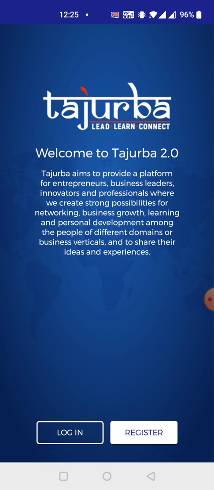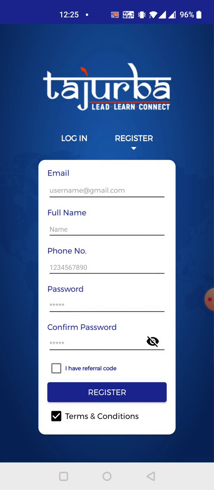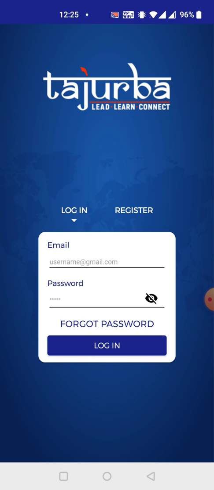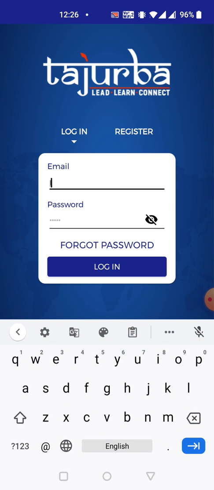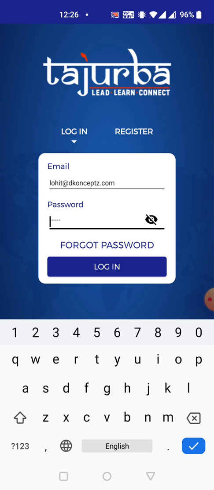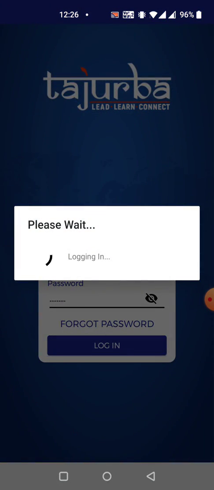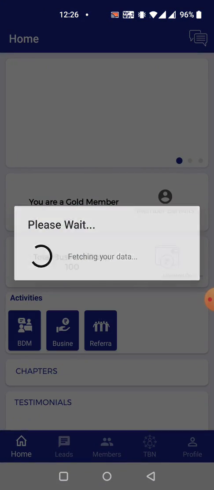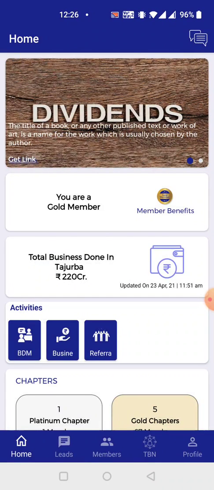All the new users need to go to the register screen, and over there you will see a small form that you have to fill. Just fill in the information, that is your email ID, name, phone number, create your password, and click on register. Once you click on register, you will receive an OTP on your email ID. Enter that OTP and you're good to go. Now since I'm already a registered user, I'll go straight and log in. There you go. Entering my password. There you go, the beautiful welcome home screen.